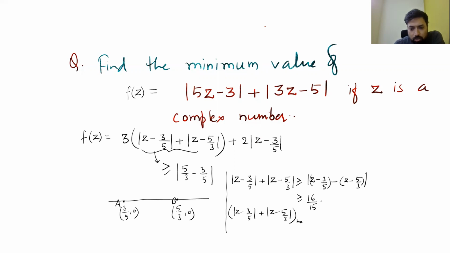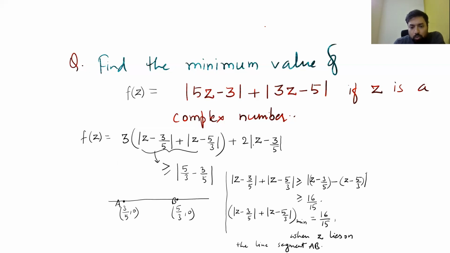is equal to 16 by 15 when z lies on the line segment AB. Okay, AB you can see over here. AB is the line segment which joins these two complex numbers together. So when z lies on the line segment between A and B, including A and B, this function attains its minimum value, that is 16 by 15, right? So the minimum value of this entire function f of z would be equal to 3 times this value, 16 by 15,